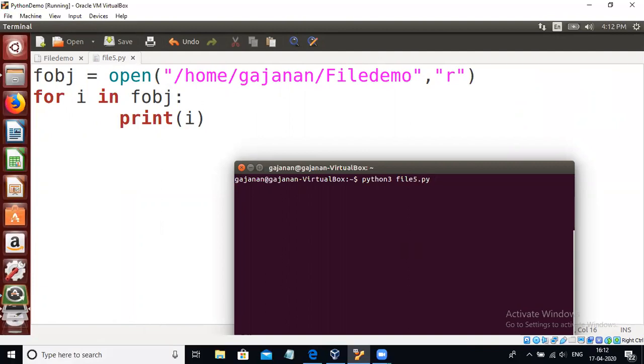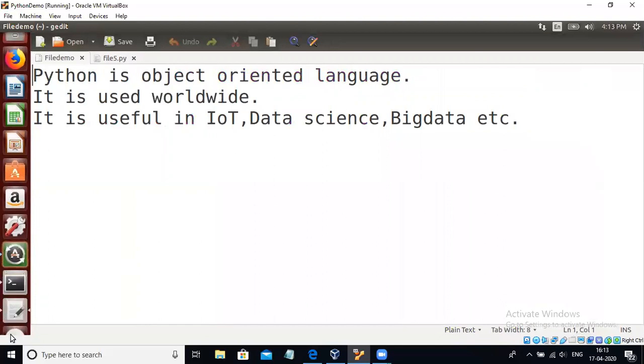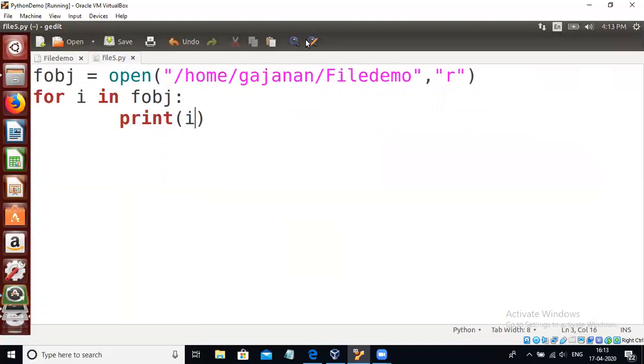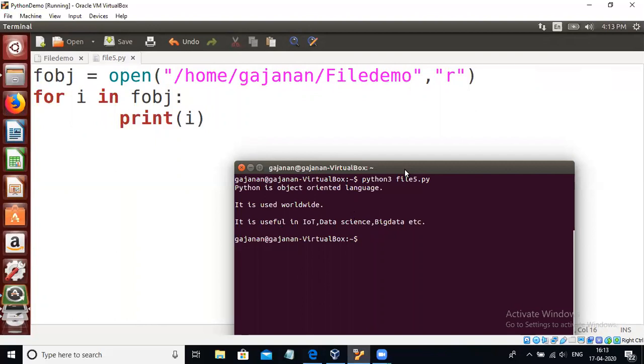We are going to run this program with python3 and see that all the contents of the file will be printed on the terminal. So with the help of a for loop, you can read the contents of a file. So this is about the for loop, and we have seen how to use the for loop with a file.